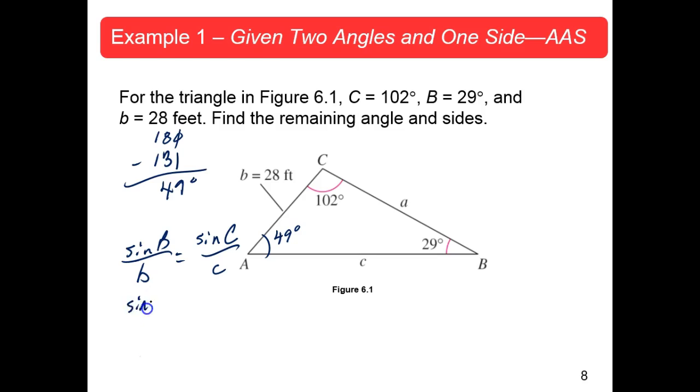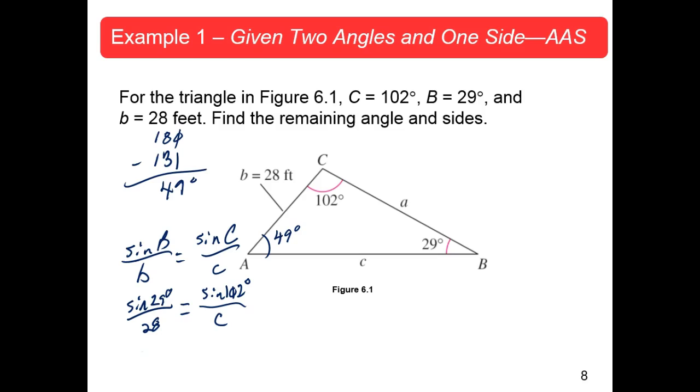Okay, sine of 29 degrees over 28 is equal to sine of 102 over C, the thing we don't know. Okay? Now,